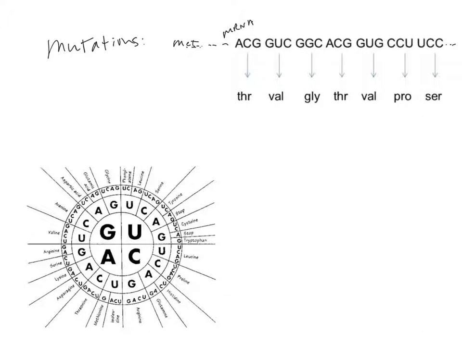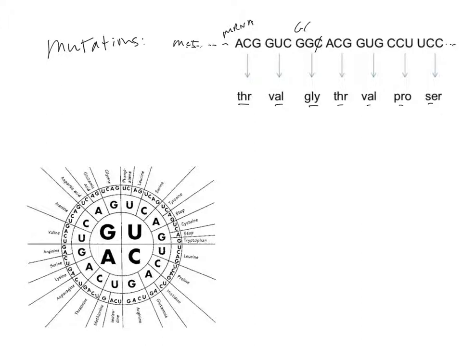Now, a mutation is when the DNA in the genome is changed, and if the DNA is changed, when the template is read, the mRNA will be different as well. So this short mRNA codes for threonine, valine, glycine, threonine, valine, proline, serine in this short segment that I have shown here. Now, if there was a mutation in the DNA, it would cause the change to also be shown in the mRNA. So let's say this GGC here that codes for glycine,